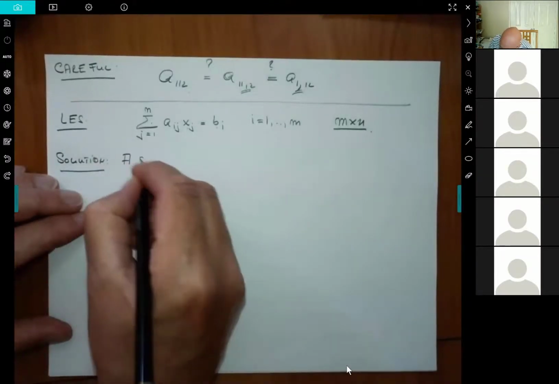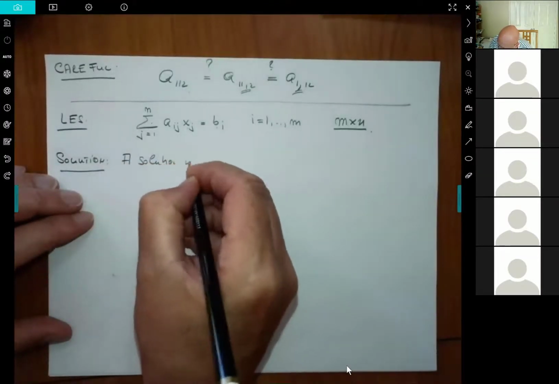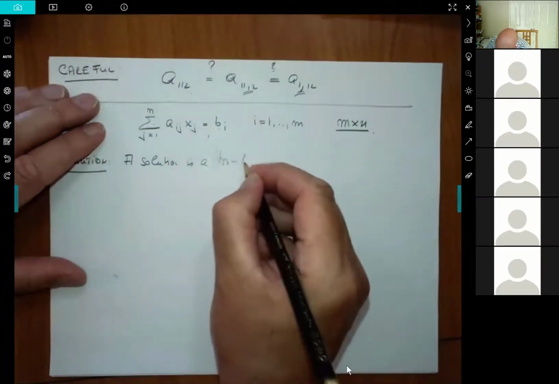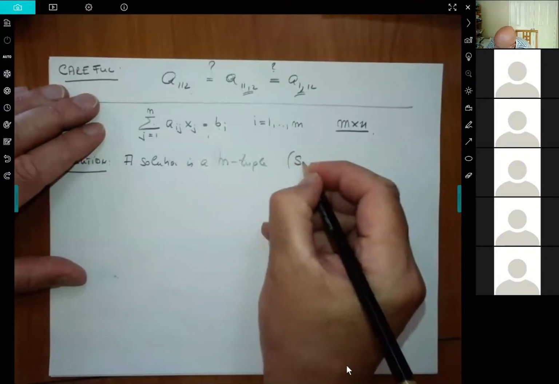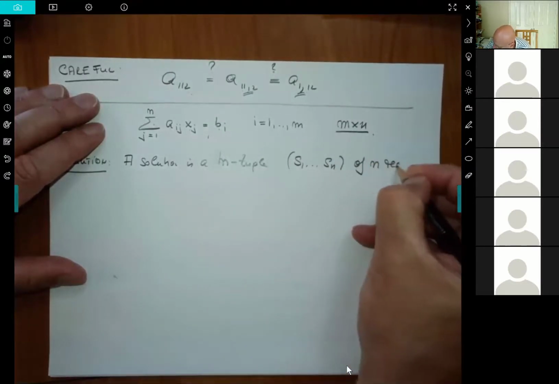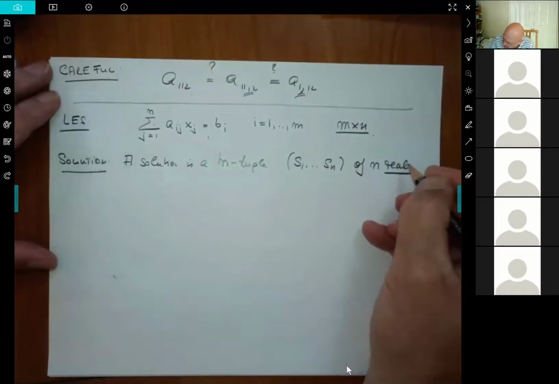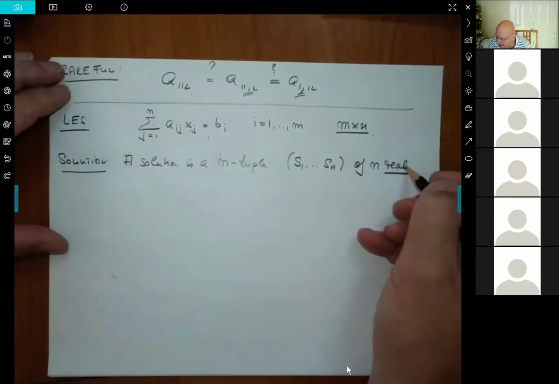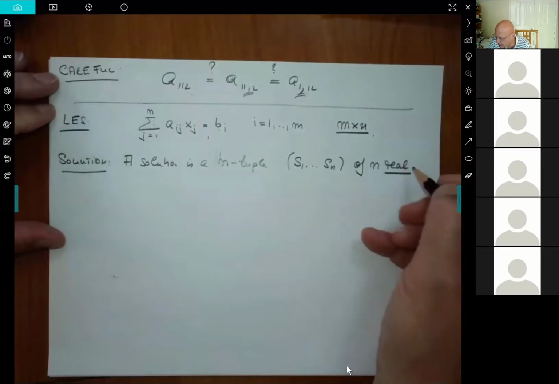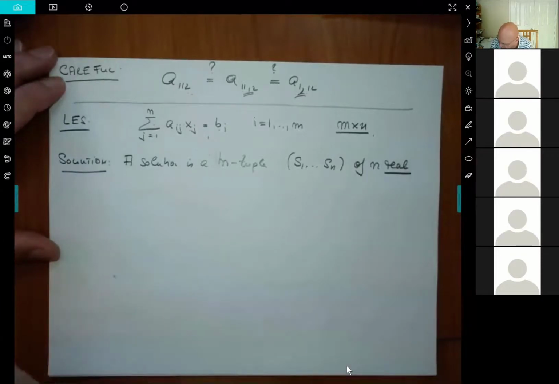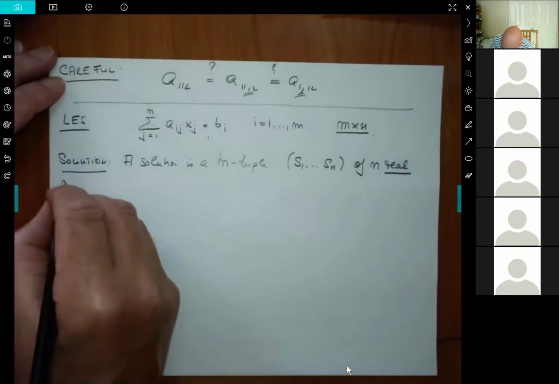So a solution is, I better should say, an n-tuple S1 to Sn of n, and here I like to emphasize, most of the time we talk about real numbers. Sometimes you can also talk about linear equations and complex numbers, but for us that will actually not happen. Most of our solutions are real, but it's only for convenience. There's no problem. Everything can be done for complex numbers in the same way. So of n real numbers,